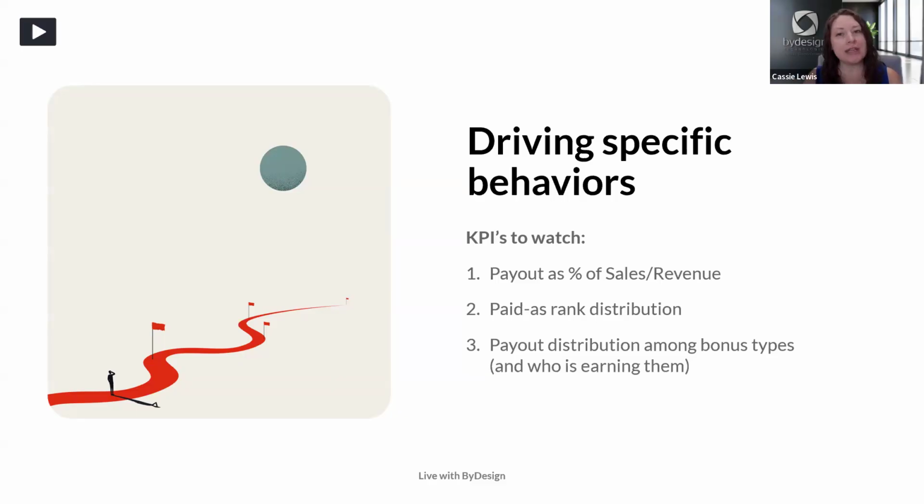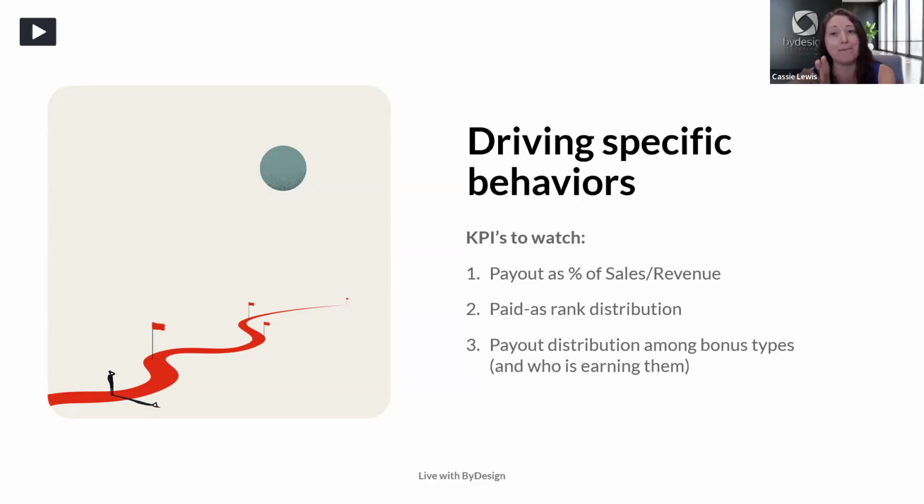However, when you're looking at the distribution of your paid as ranks, you may find that you actually have like a bell curve where you have a bunch of leaders who are not moving on to the manager and director level, but they're very quickly going from a traditional rep to a leader. So you may have either the components of your comp plan on the front side are too achievable, and so people are progressing to leader too quickly,